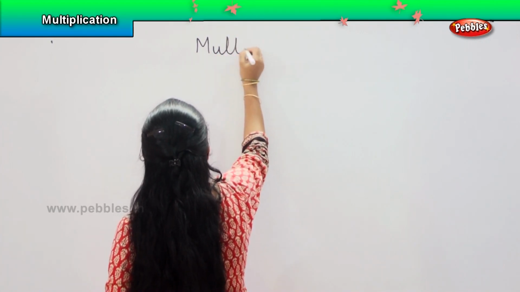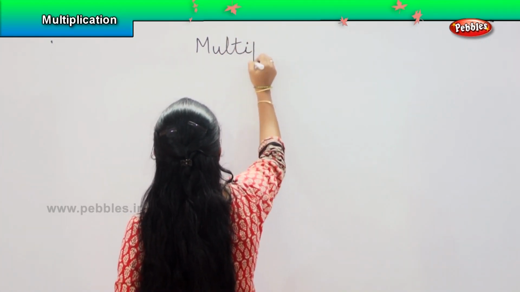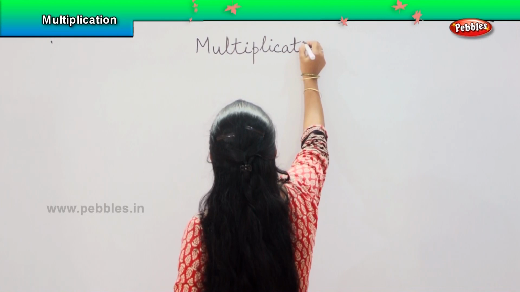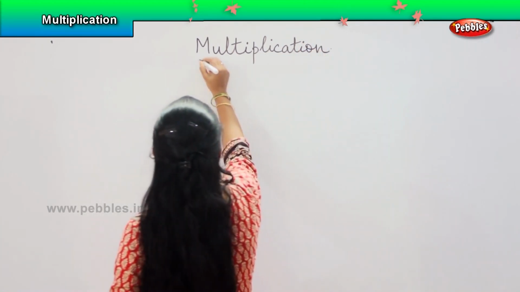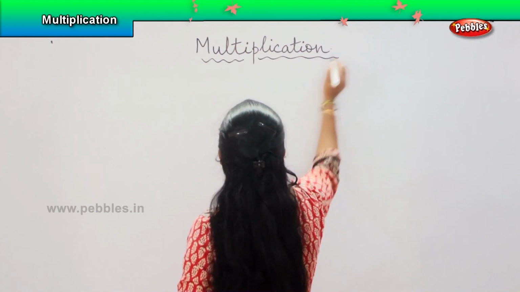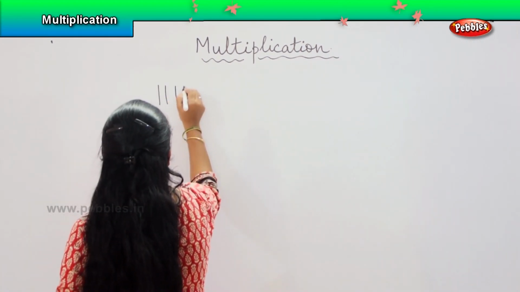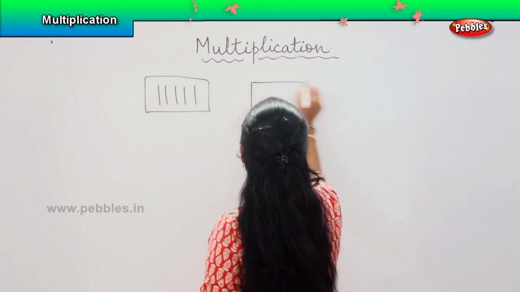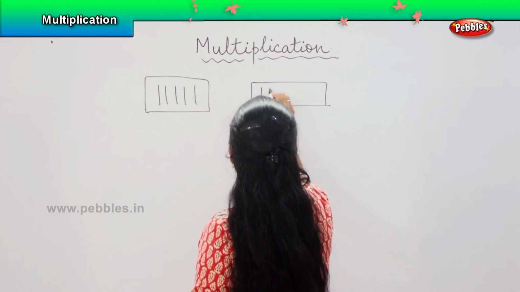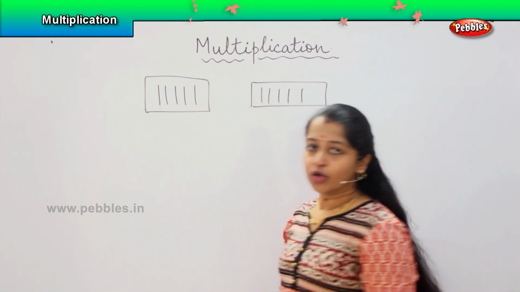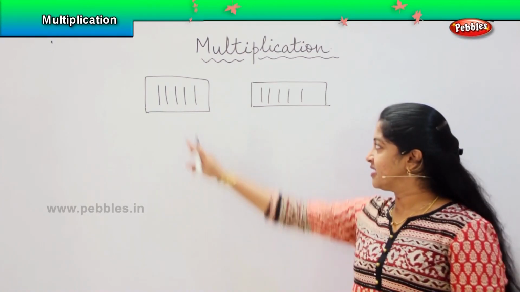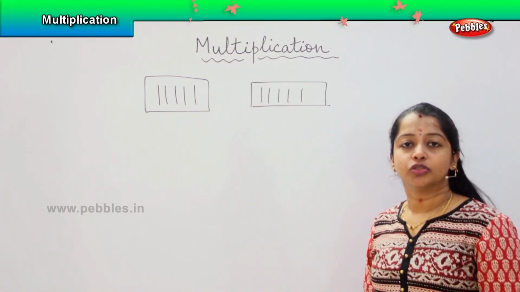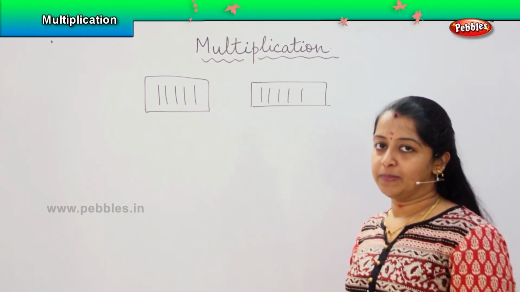Multiply, which means the same number you need to add again and again. Right. So the group of addition is called multiplication. For example, I have two sets of pencil box, and in each pencil box I have 5 pencils each. So what am I going to do? If I am going to add it, I will just count the total number and I will tell you the product, right? Whereas now here I am going to solve this using the multiplication form.